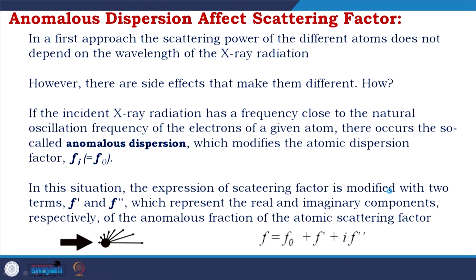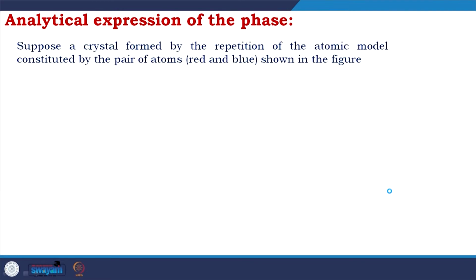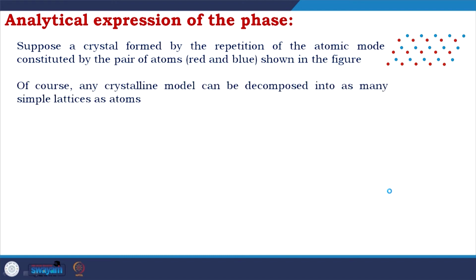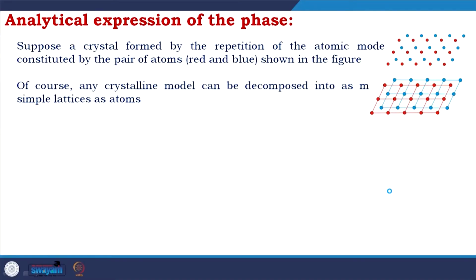Suppose there is a crystal formed by the repetition of an atomic model constituted by a pair of atoms, which we are showing you. This is a crystal having a pair of atoms, red and blue. Of course, any crystalline model can be decomposed into as many simple lattices as atoms. Similarly, here you see the lattice, but now before going further, I want to talk about another very interesting thing,